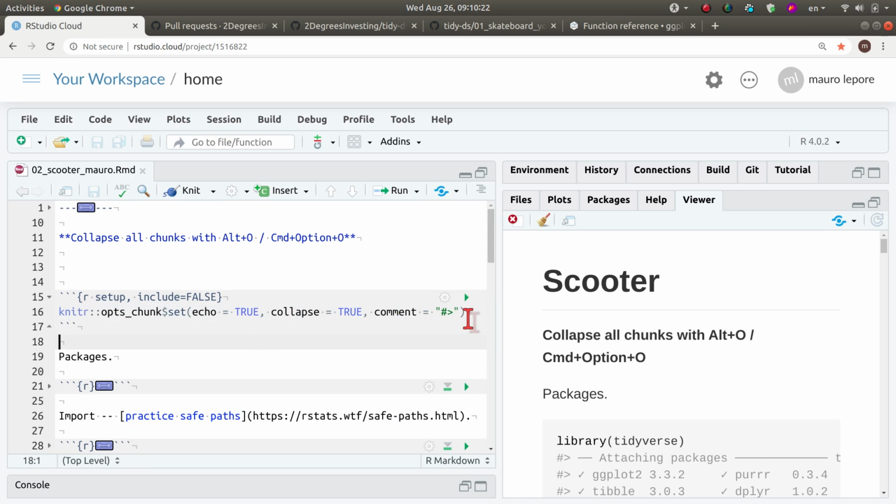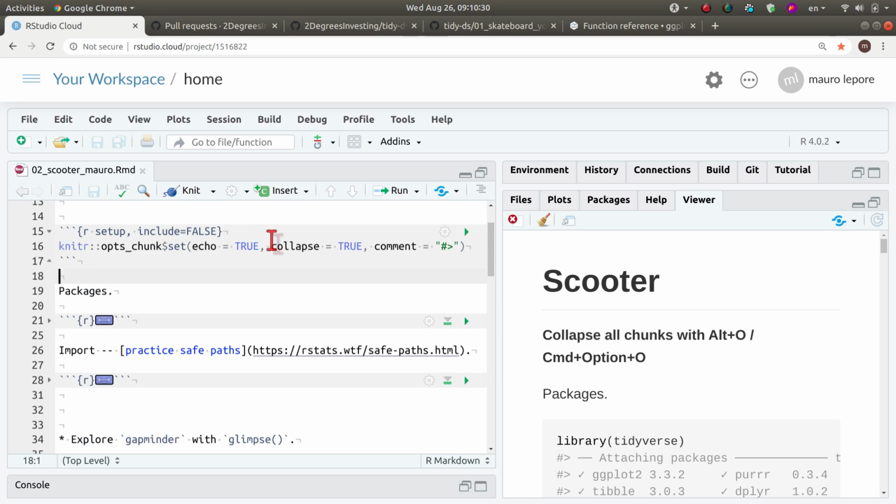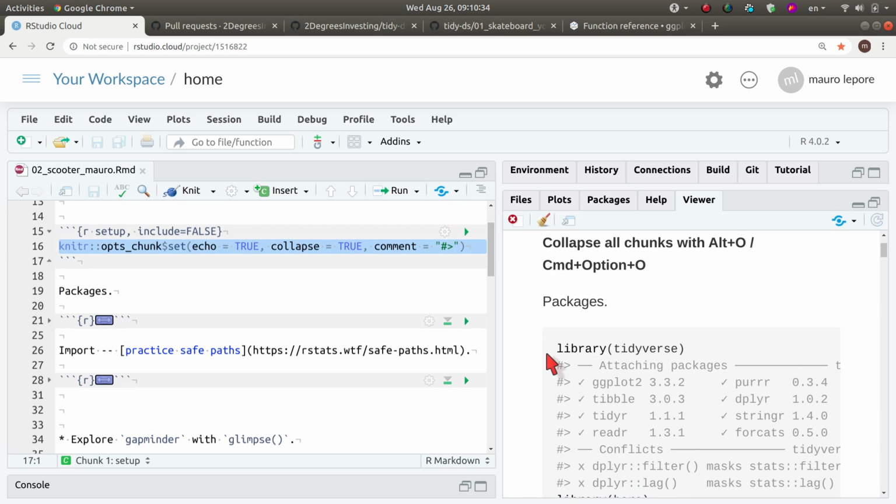You should probably include in every R Markdown document some setups that show the options that you like. This one in particular, the collapse, is useful in that it puts the code and the output in the same output chunk. If I change that to false,